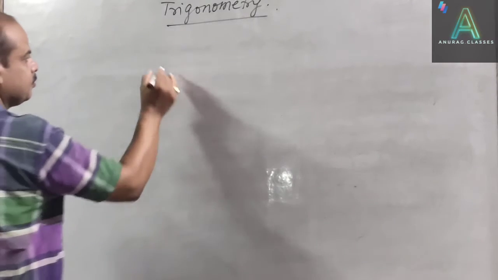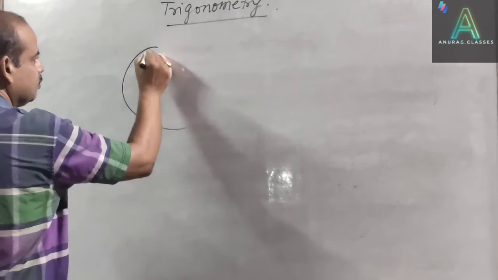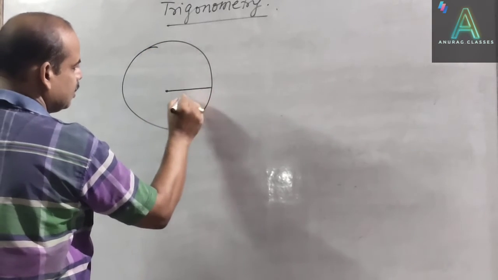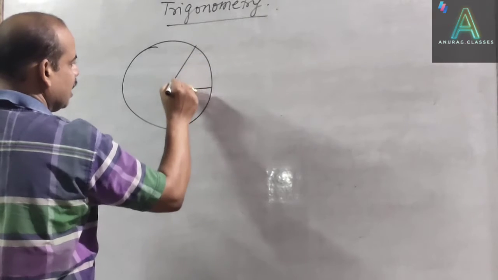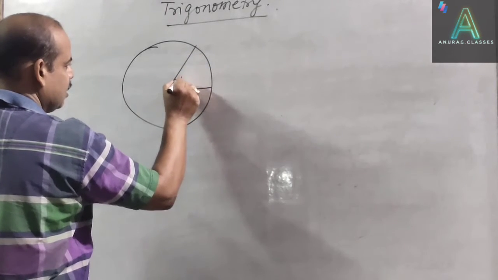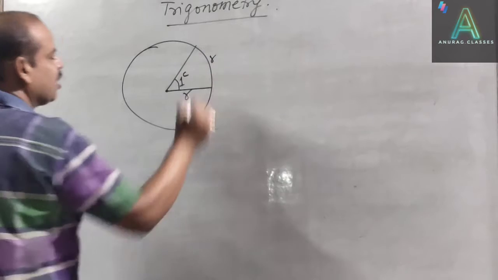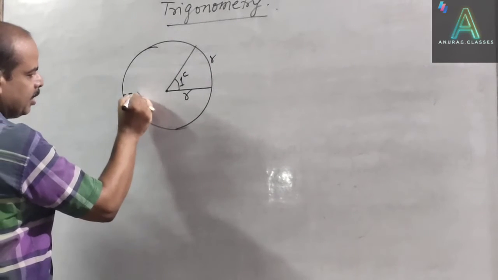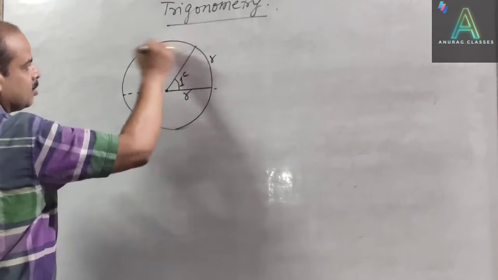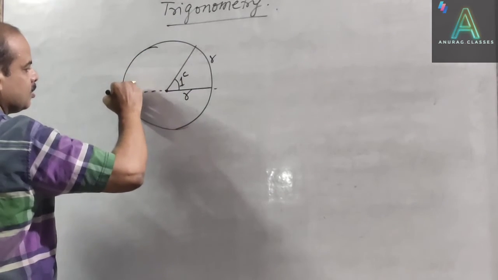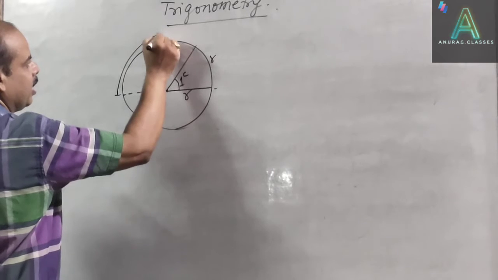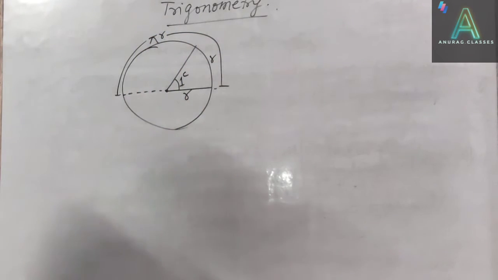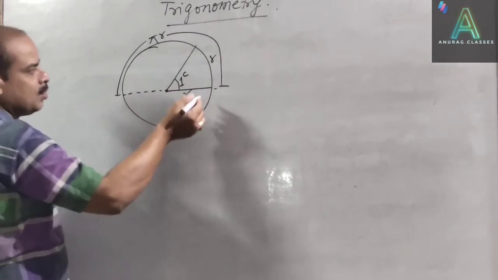Now see, in a bigger circle I am taking, this is the radius and the angle at the center is of 1 radian if length of arc is r. So what will be the length of arc in a semicircle? This length. You all know that length of semicircle is nothing but pi r. ये सबको पता है, pi r.